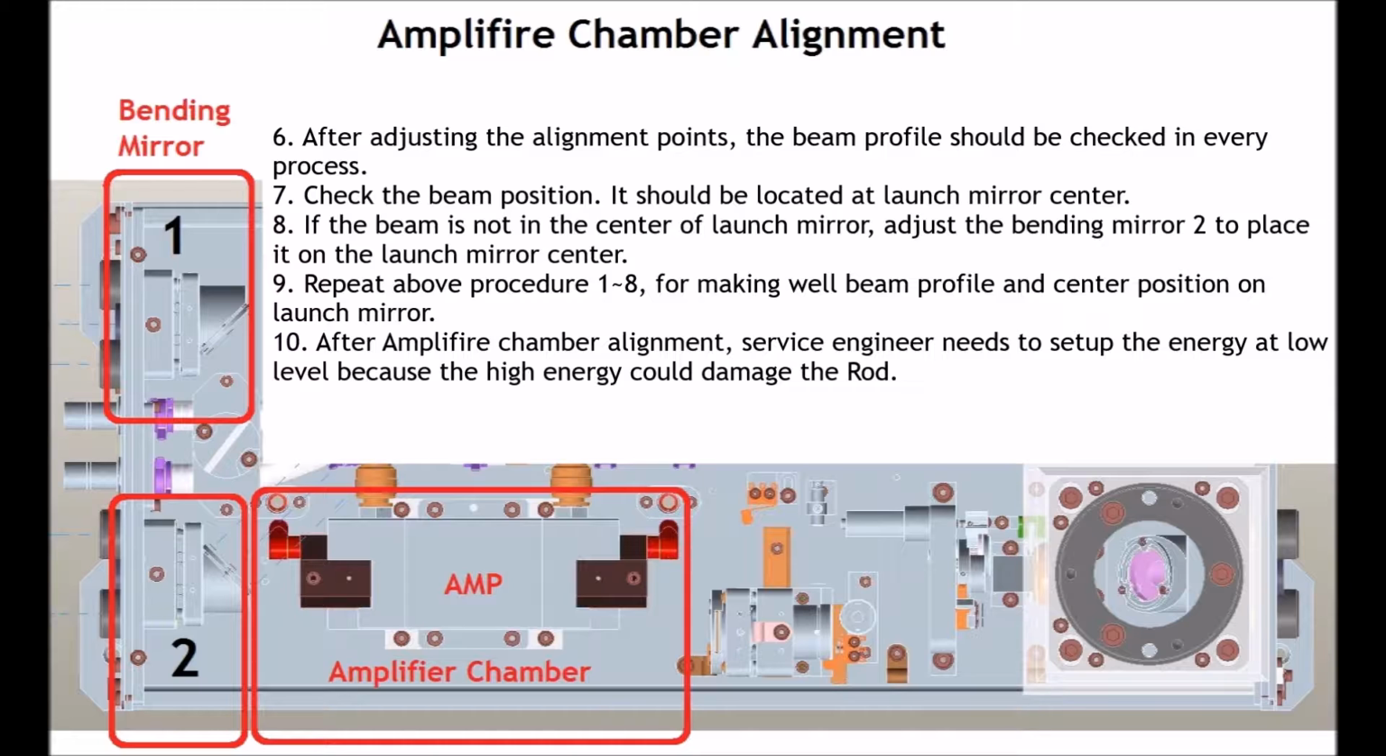8. If the beam is not in the center of the launch mirror, adjust the bending mirror 2 to place it on launch mirror center. 9. Repeat above procedure 1 to 8 for making well beam profile and center position on launch mirror. 10. After amplifier chamber alignment, service engineer needs to set up the energy at low level because the high energy